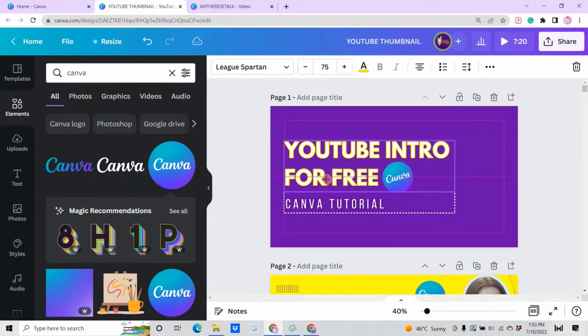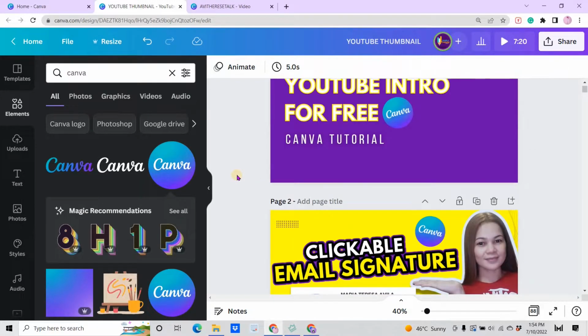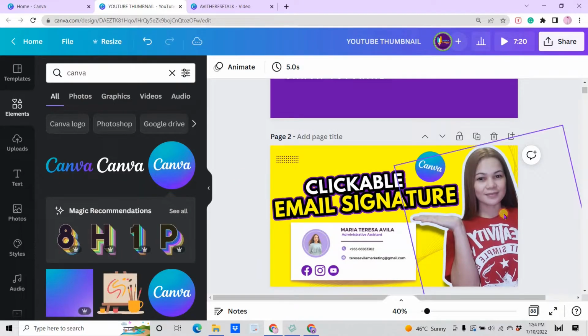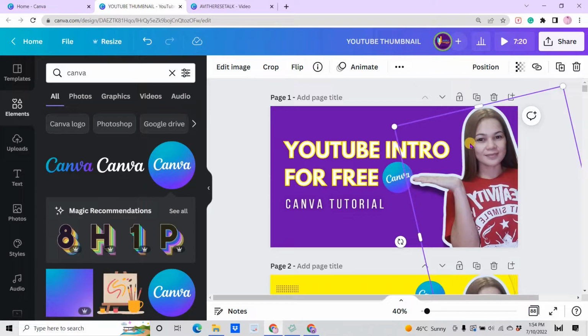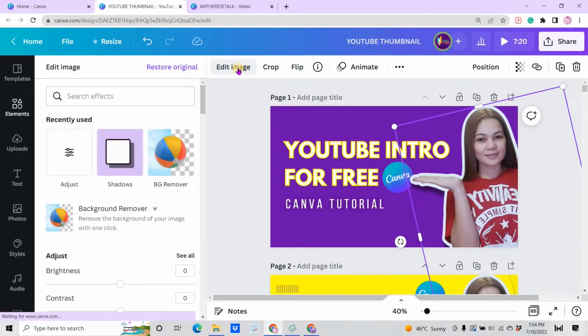If you want to put it in the center, you can put it. And then add your photo. So, let's say ito na lang yung photo. I-copy natin siya. Sa paglagay ng outline, you can click on the photo, then edit image on the top toolbar,